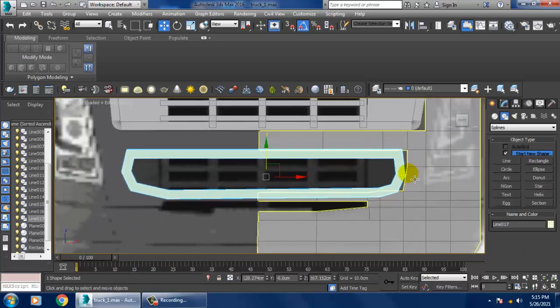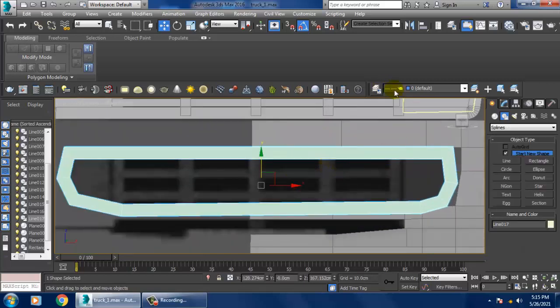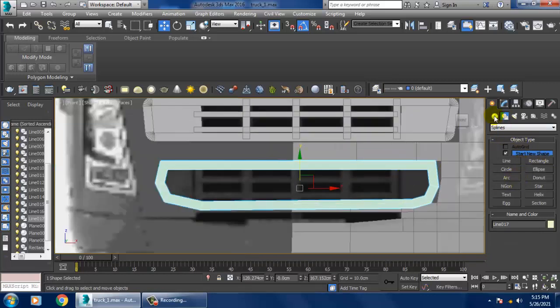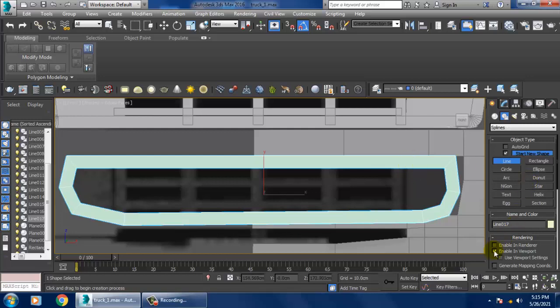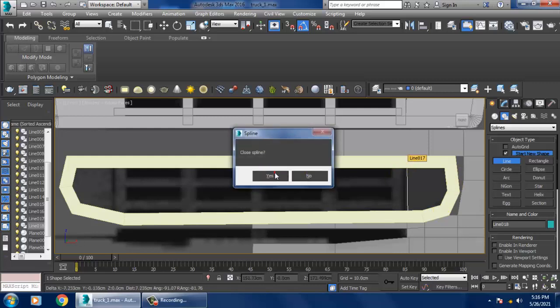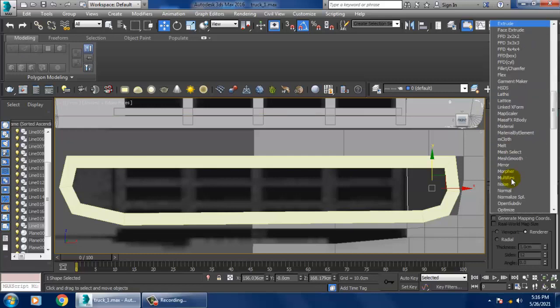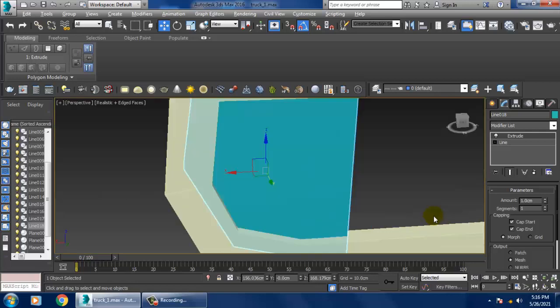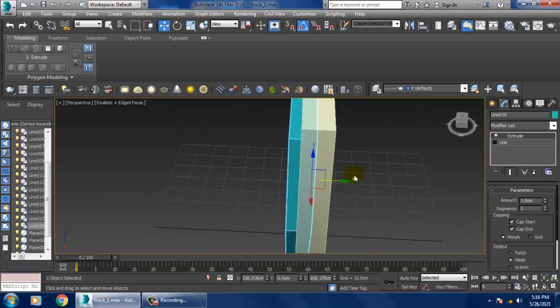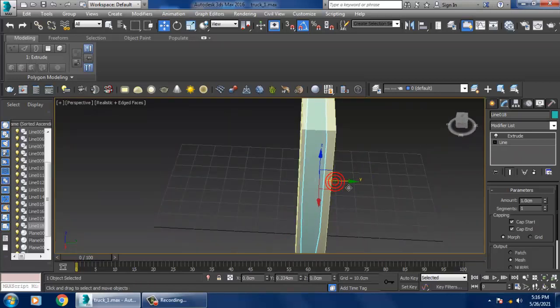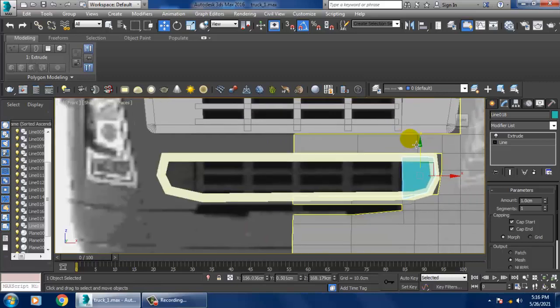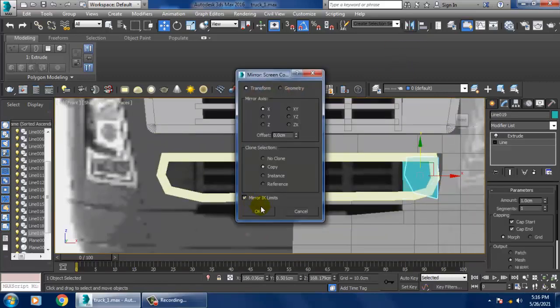The same way, again we'll take a line, I'll turn this off and close this, and let's give a modifier called extrude, and slightly we'll just mirror it over here.